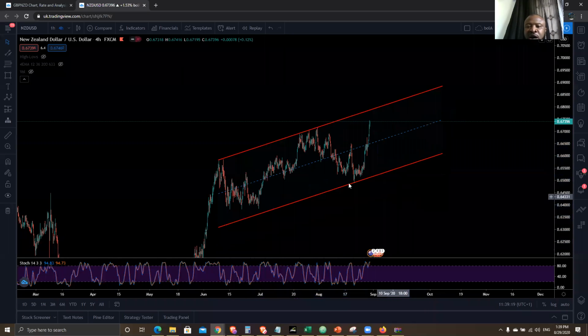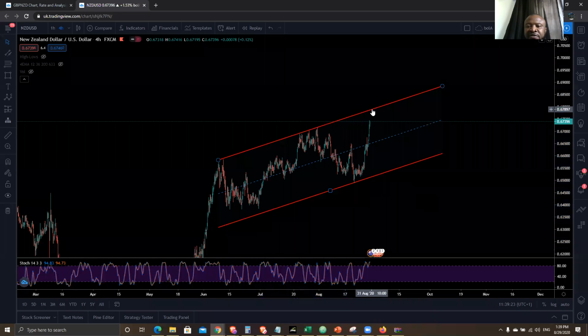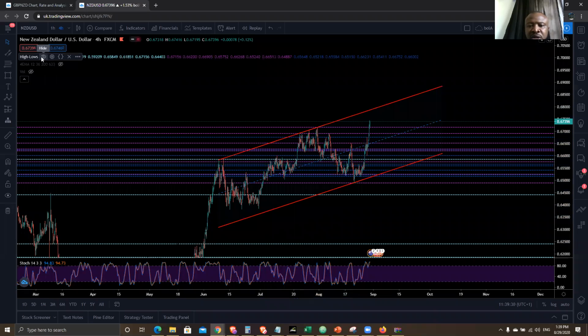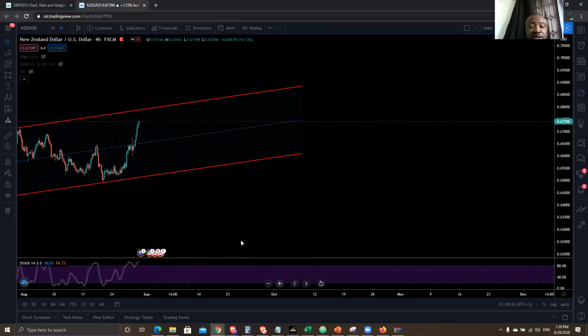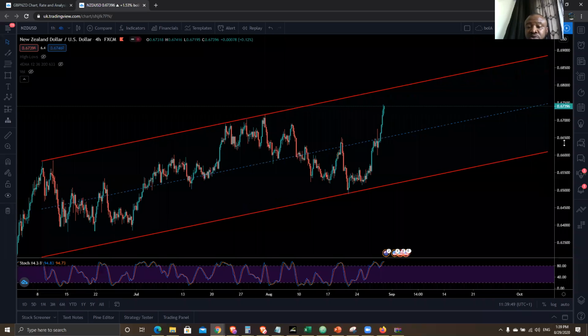So this is not too hard at all. All I need to do is wait for my price to hit this high level. That's the highest price I can be looking at. And then let me see if anything tallies up with it. In the long term, nothing. But yeah, this high level over here is a key level to look for the New Zealand against the US dollar. Once price touches that important structural level, what we want to see is rejection. Without rejection, this guy is still going to continue to fly. So that's the only thing that we need to watch out for on this.